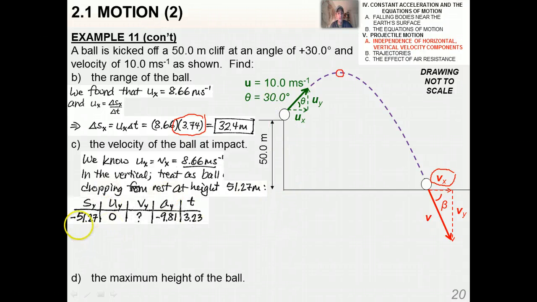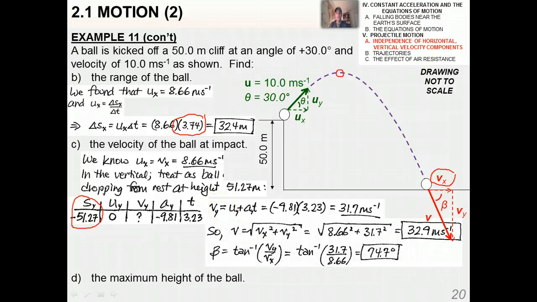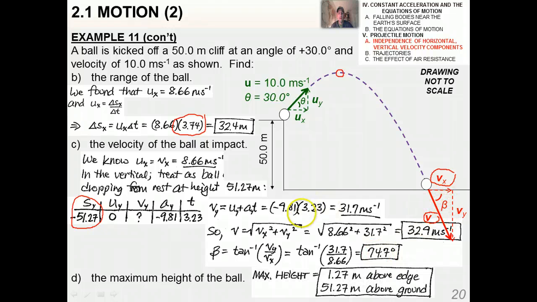So here's my SUVAT table. I've got 51.27 meters there. And I'm using the first equation of motion to find its 31.7 meters per second. But that's v sub y, the vertical component of the velocity. Using Pythagoras and the inverse tangent function, I get 32.9 meters per second for this velocity right here, and 74.7 for beta. And the maximum height of the ball, well, we already did that one. It depends on how you define it. If you define it as the height above where it started, it's 1.27 meters. If it's the height above the ground, which is usually how you would interpret that, it's 51.27